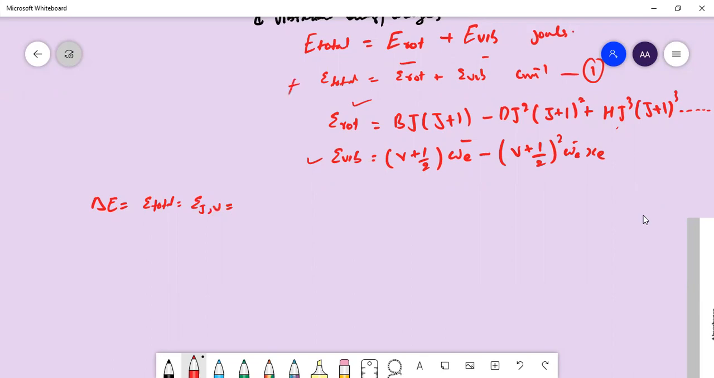For our convenience, we know that the value of the distortion constant is very small, and as we go to the higher terms, they become even more negligible. So for our convenience, we will consider them negligible. So I am not writing this part. I am only concerned with this part of the rotating diatomic molecule. So the total energy of the system will be